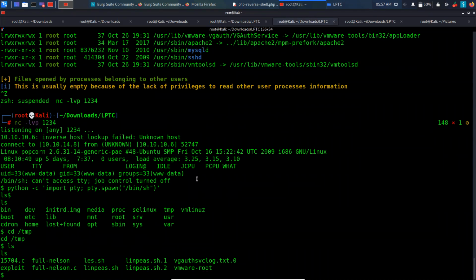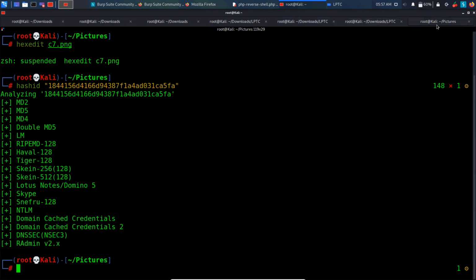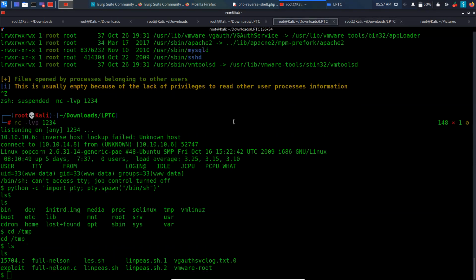Now, this is a Linux exploit suggester. Once we know we need to exploit the kernel, as I showed you when we were doing searchsploit, we were getting so much output and we were not able to decide which one we actually need to use. We can try one or two, but it might not work. So we can use a tool which can effectively enumerate for us and show us which exploit to actually use.